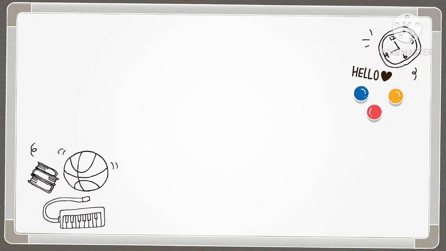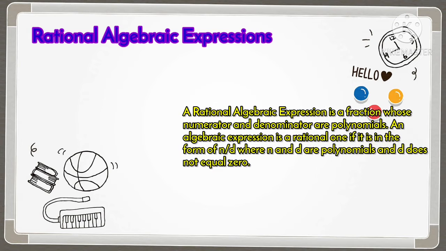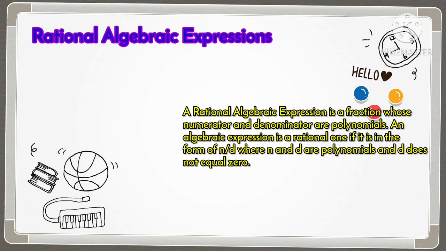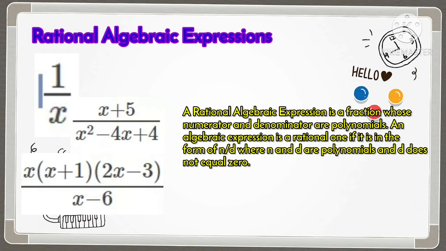The next topic that we will be tackling is known as rational algebraic expressions. A rational algebraic expression is a fraction whose numerator and denominator are polynomials. An algebraic expression is a rational one if it is in the form of N/D, where N and D are polynomials and D does not equal 0. Examples of this would be 1 over x, (x + 5) over (x^2 - 4x + 4), and